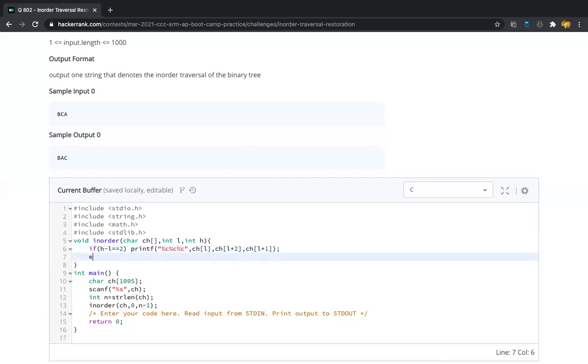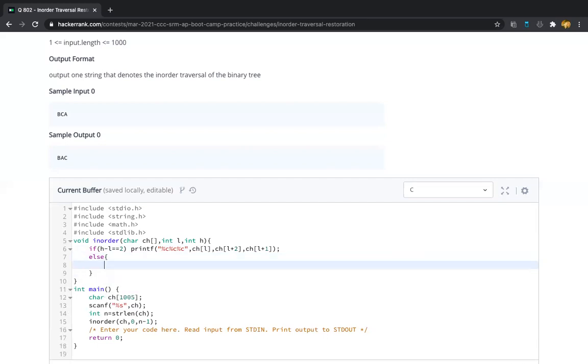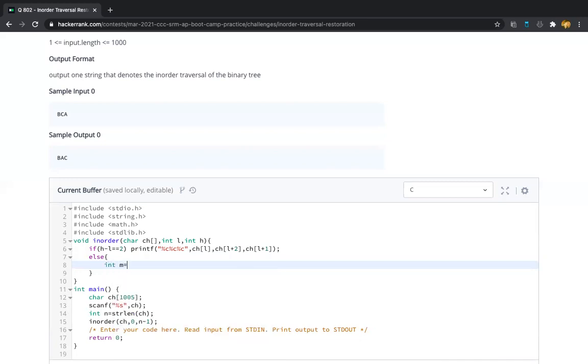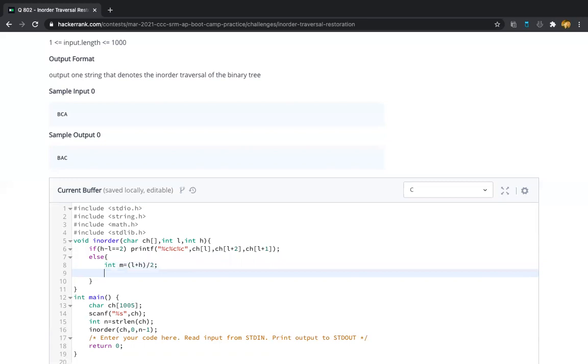If it is not the case, meaning we have more than 3 elements, then we calculate the mid value. We take integer variable m, m equal to low plus high by 2. That's it, the mid value is calculated.